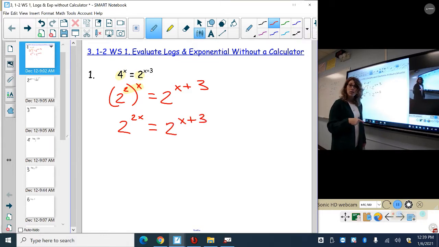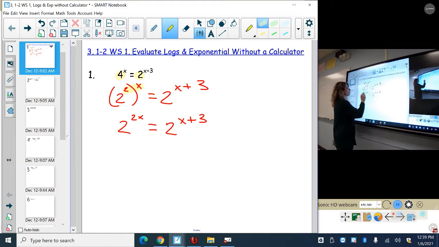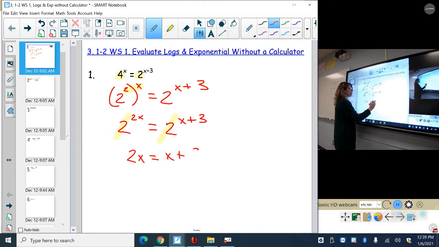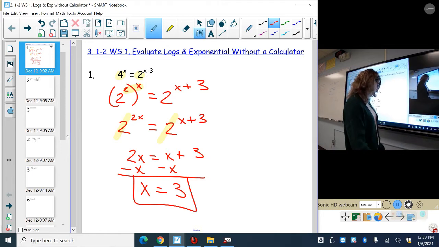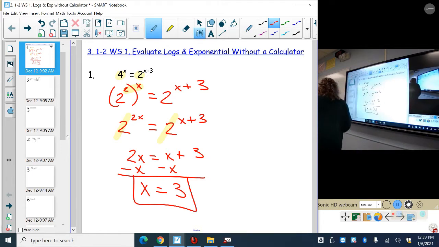Now that your bases are equal, you can go ahead and cancel those bases out, make the exponents equal to one another, and then simply solve for x. So that means x is equal to 3, and that problem is done. Okay? Next,